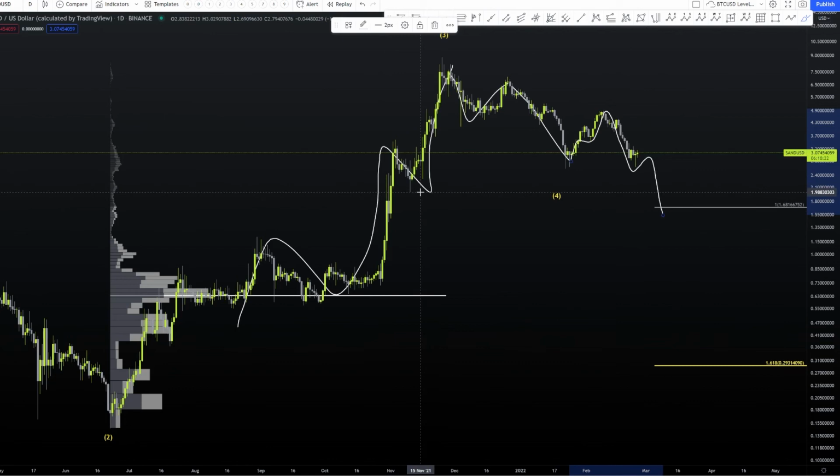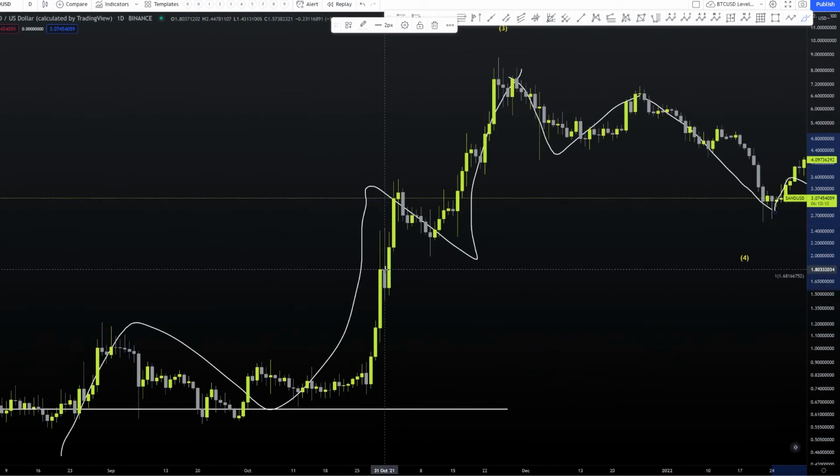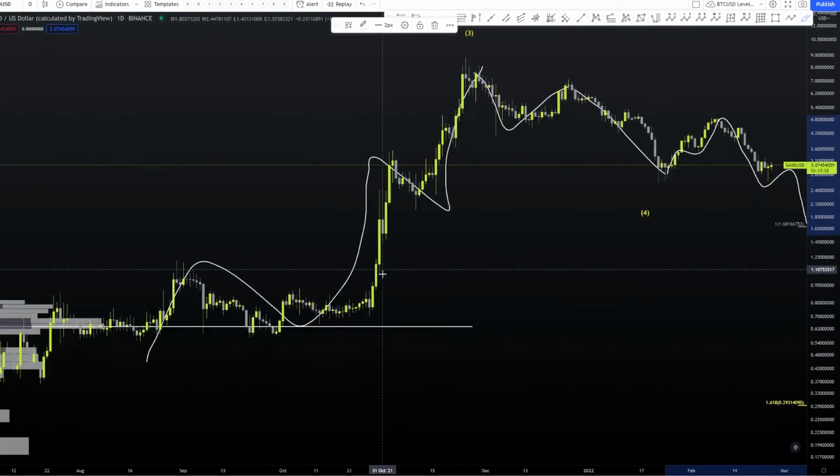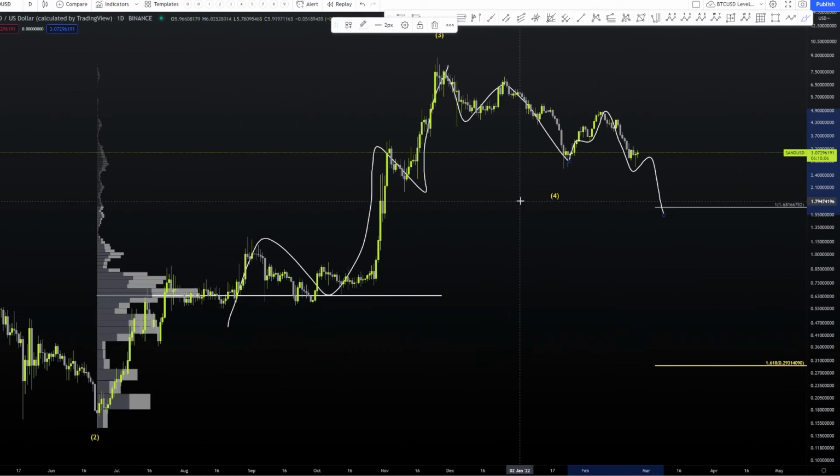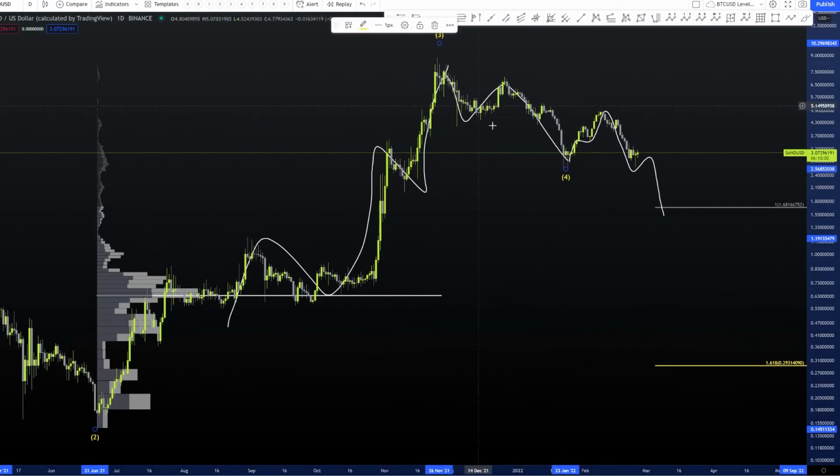block right here. So overall, I don't really expect us to lose this order block completely, because if we do, we're probably going to drop down here because we don't have a lot of volume support. We might bounce around here, around 1.75 US dollars, but I think it's more likely we're probably going to bounce around the bottom of this order block if we haven't already bounced right here, where this is just a WXY. So that's what I'm looking at on more the macro time frame, or you might say the medium term time